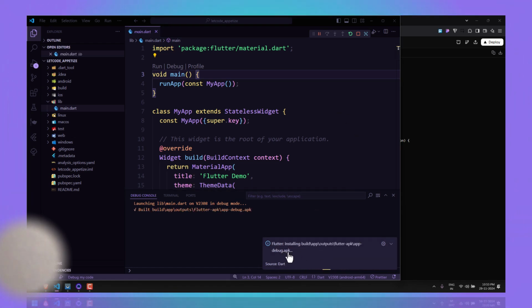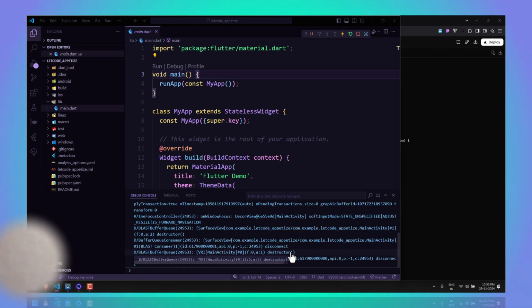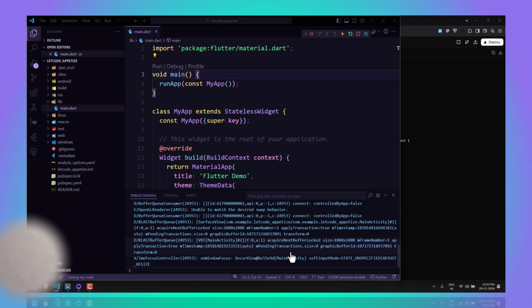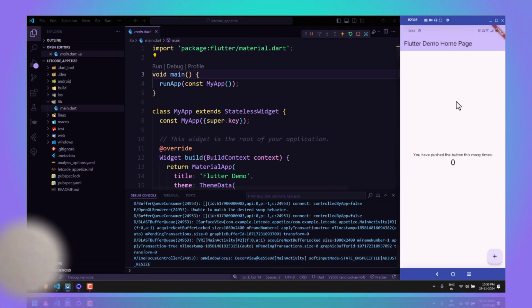Yeah, so finally we saw this good message as debug apk. So we can expect this guy to be installed on our phone. So let me unlock this guy. And where is my visor? Yeah, so here you can see that